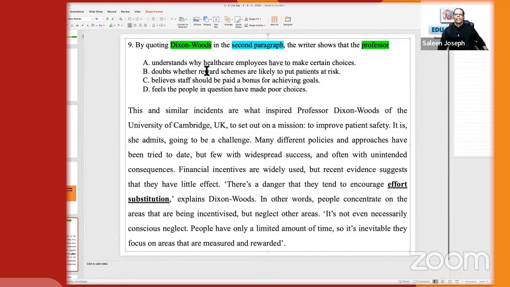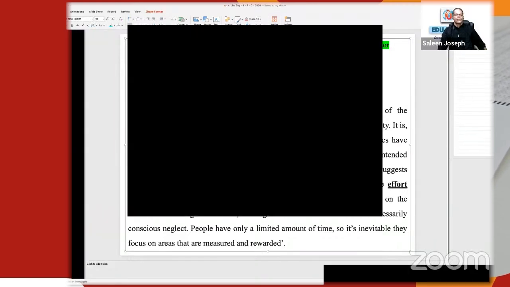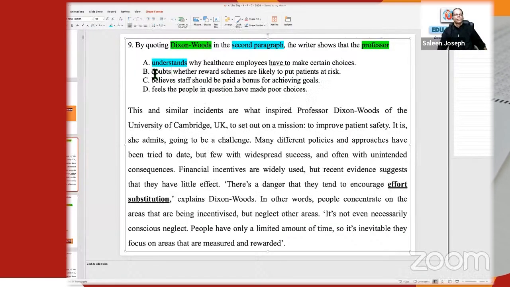Now, coming to answer options. The professor understands why healthcare employees have to make certain choices. What is the key word? Understand. Doubts whether reward schemes are likely to put patients at risk. Doubts, okay. And believes, feels. And here, employees have to make certain decisions. Reward schemes are likely,